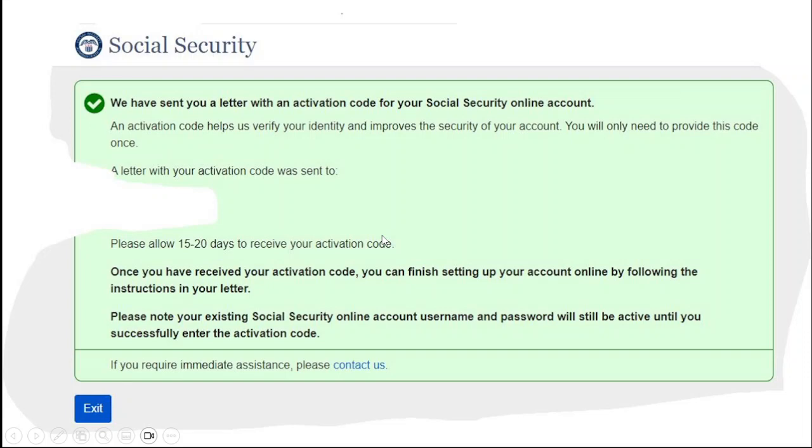And I just stopped there because I already was expecting one in the mail and I didn't want to request another one. But now it seems like this activation code could have been for the Social Security online account as well. So it's getting more confusing, but pretty much let's